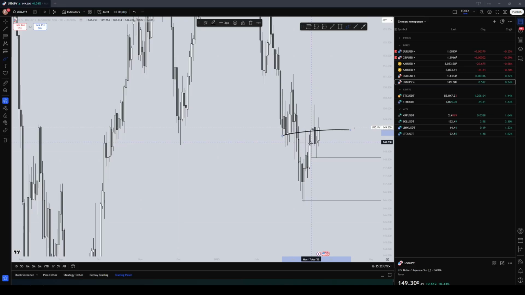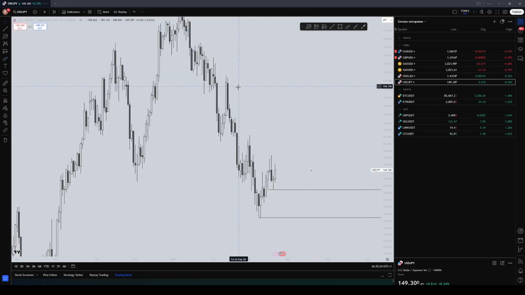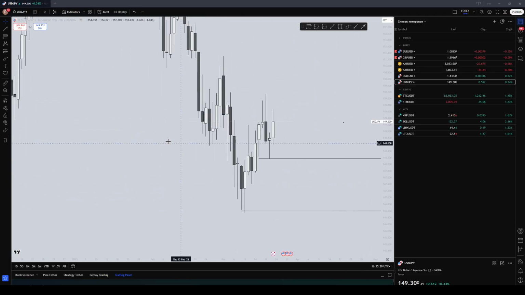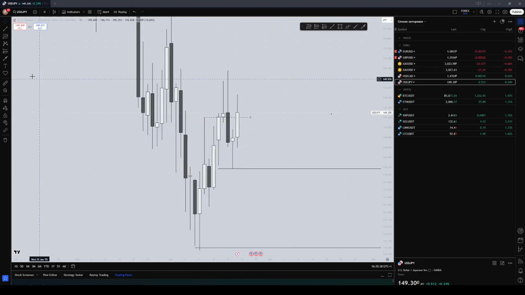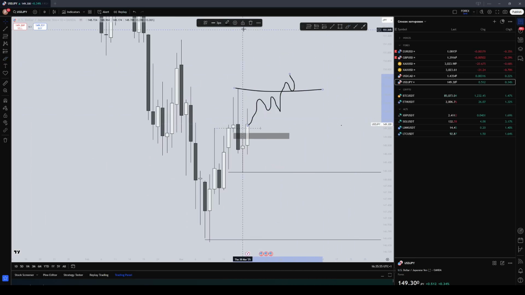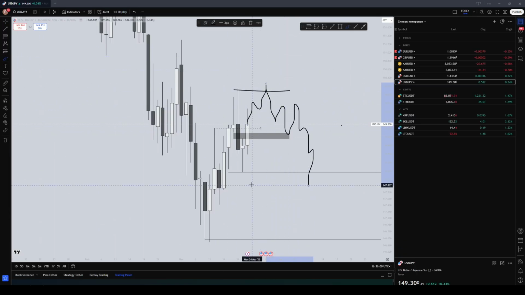About daily, yeah, about daily, of course, it's still trend is short. We can see local correctional long move. I thought that price will continue short from there, but as we can see, unfortunately, price didn't show any good reaction, and also price created an imbalance, but price just ignored this imbalance. So definitely, it's not a good sign for short, and looks like price first will go for a previous swing high. So from daily chart, the first possible scenario it's a sweep of this daily liquidity, and after that continuation of the short to targets lower.